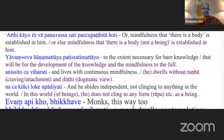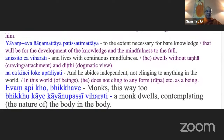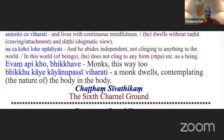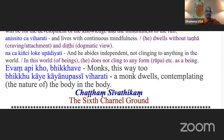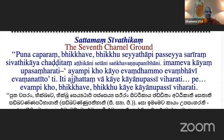And the monks who practice this, this Sivathika, the charnel ground practice, can have a very powerful contemplation, mindfulness established in them as well. And then also definitely the monks cannot have any more attachment or dogmatic view or clinging about the rupa. He will feel so comfortable in living with the world without any attachment. This whole contemplation on this charnel ground practice is really very, very helpful. So the seventh Sivathika,